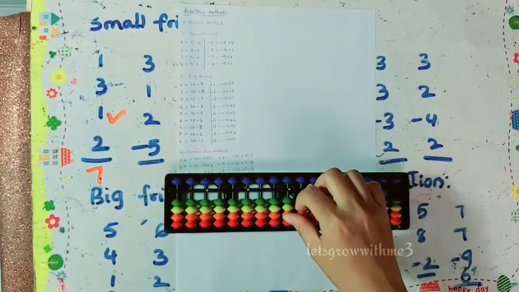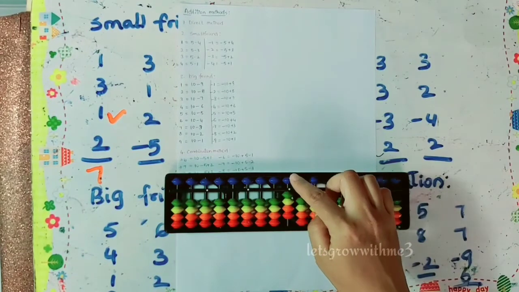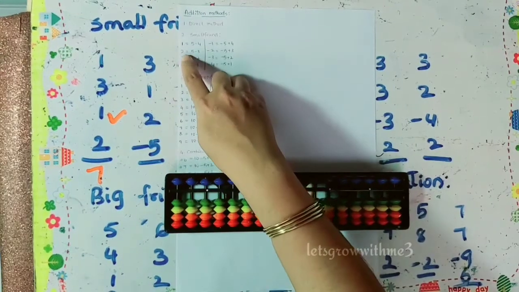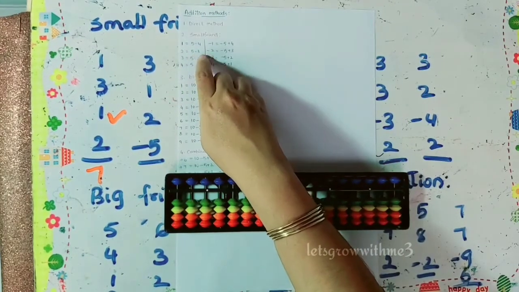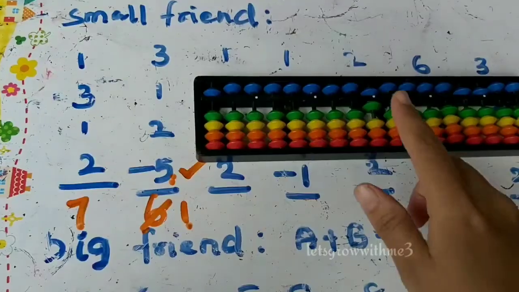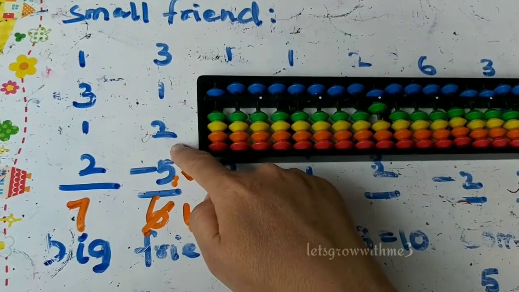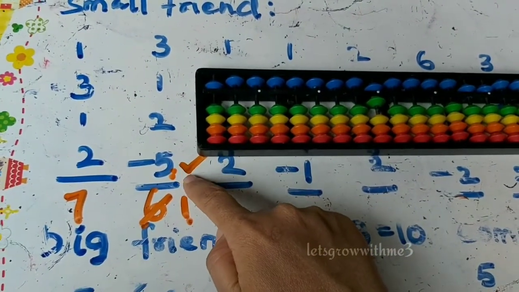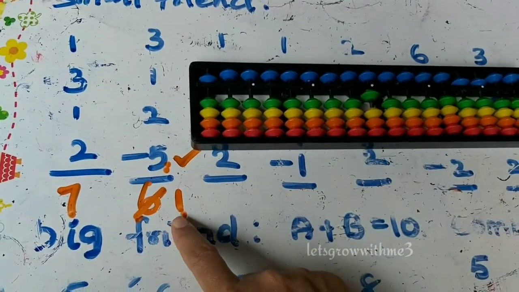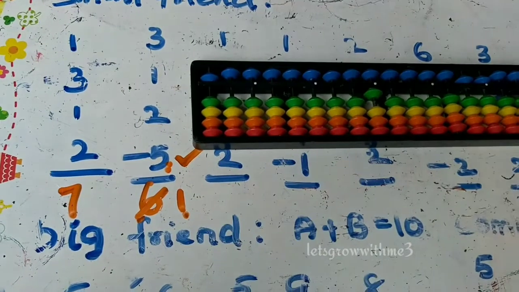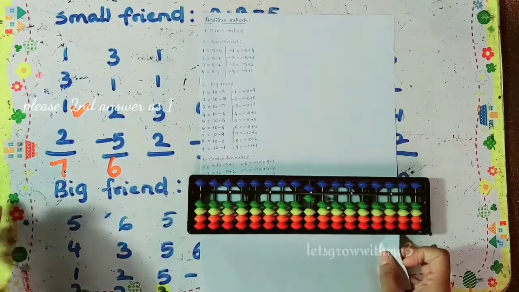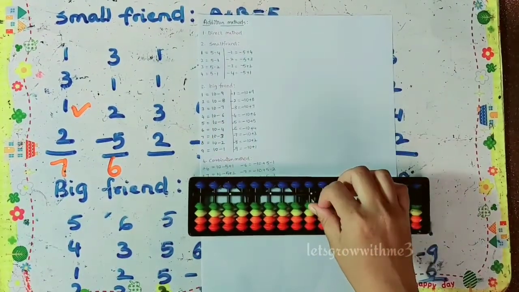So next question, 3 plus 1, then plus 2. How to add plus 2? Plus 5 minus 3. Okay, so that's the formula. Actually we don't have 2 bits, so we are using small friend because 5 is available. Then plus 5 minus 3. Then we need to do minus 5. Sorry, here I didn't do minus 5. I wrote the answer directly. But you try to do minus 5. Yeah. And then what's the answer? 1. So just update 6 as 1. It's a overlooked mistake.